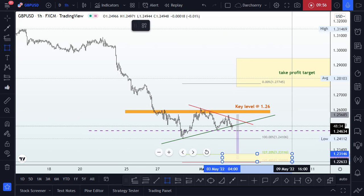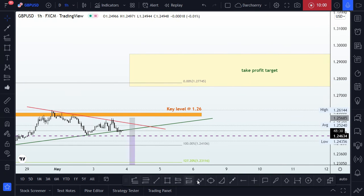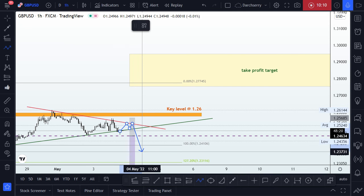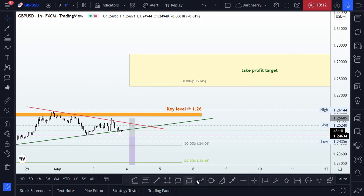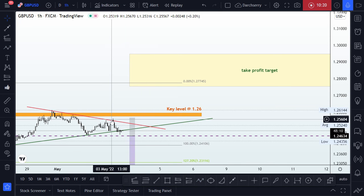So remember, I said there is still a possibility we could have a rise into the trend line where we look for structures that support a bearish continuation, where it's very likely we add more position to this trade as price goes further down. And remember, there is a possibility that a breakout of the structure could actually send price going to the upside. And if that happens, then I shall definitely do an update on what my plans are going to be